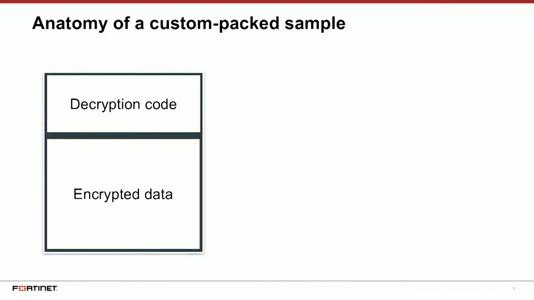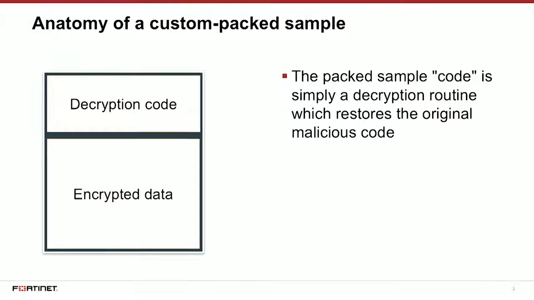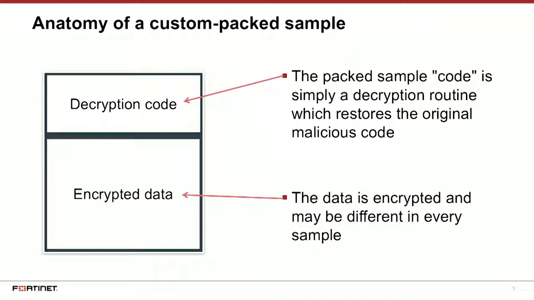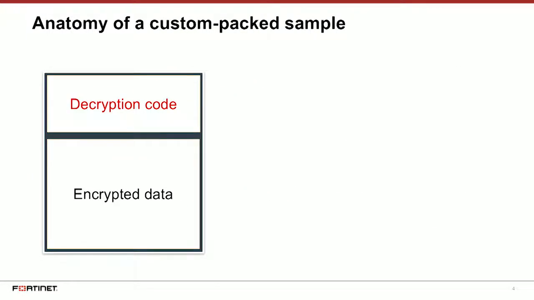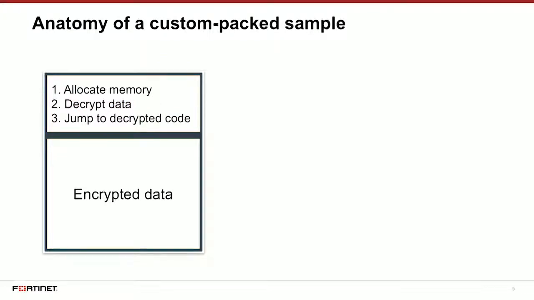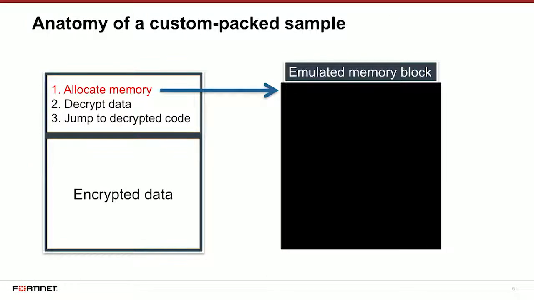Well, all of the information that is available so that you can understand if this is a malware or not is encrypted, okay? Everything that you have that is visible code is just a decryption routine, and all the data is obviously encrypted. So what's in this decryption routine? Basically, instructions to allocate memory, decrypt this data, input this data into the allocated memory location, and then jump to the decrypted code. So what it does is basically allocate